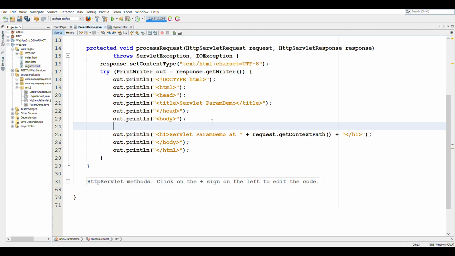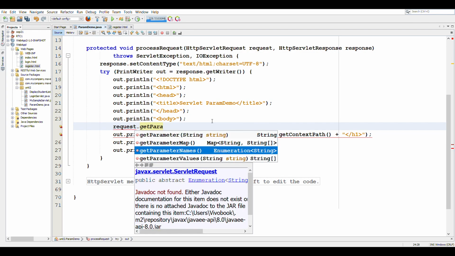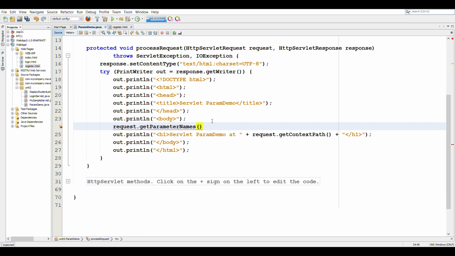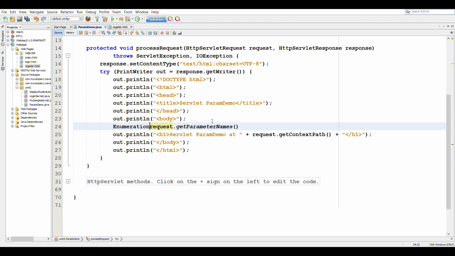Now we will see how the request.getParameterNames works. It returns an enumeration of string. Let's call it params.